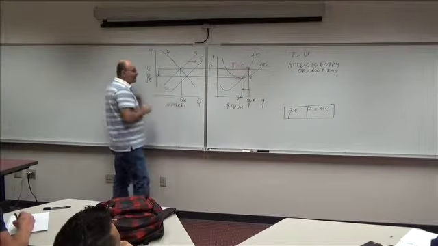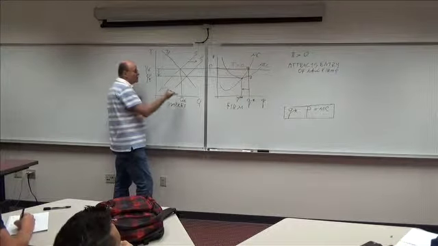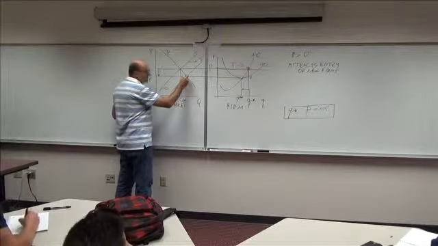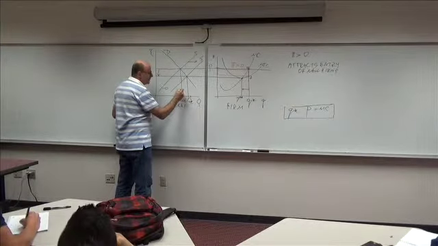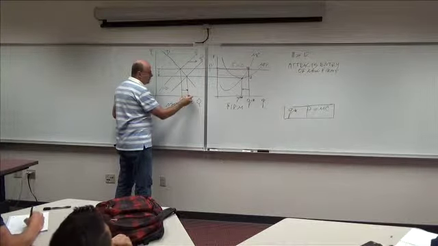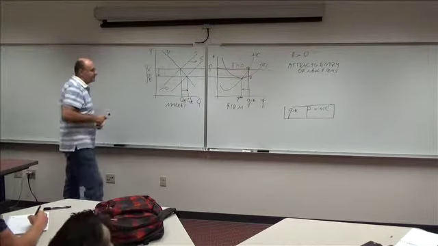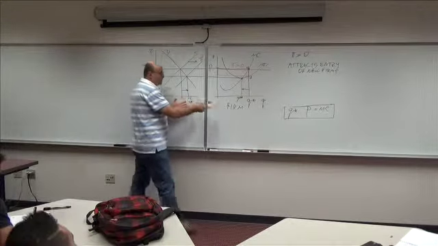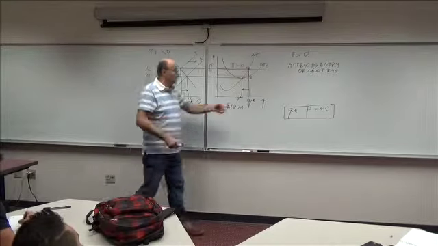How about the market? How much is the market now producing? What is the new equilibrium quantity? More. This is the new equilibrium quantity QE prime. So the market is now producing more, right? But how is it possible that the market produces more pizza when every pizza place bakes less pizza? Because there are more firms.